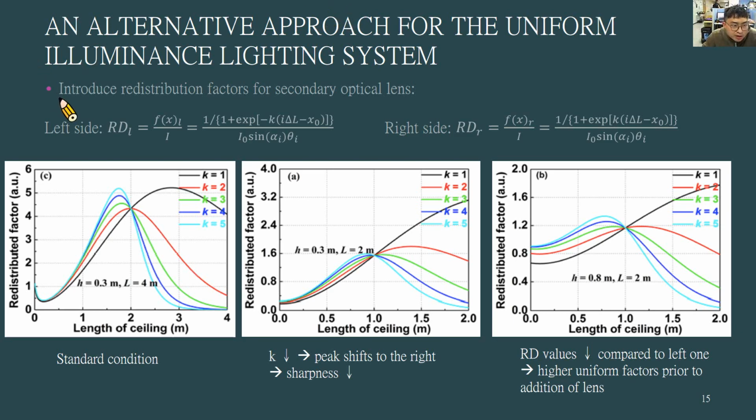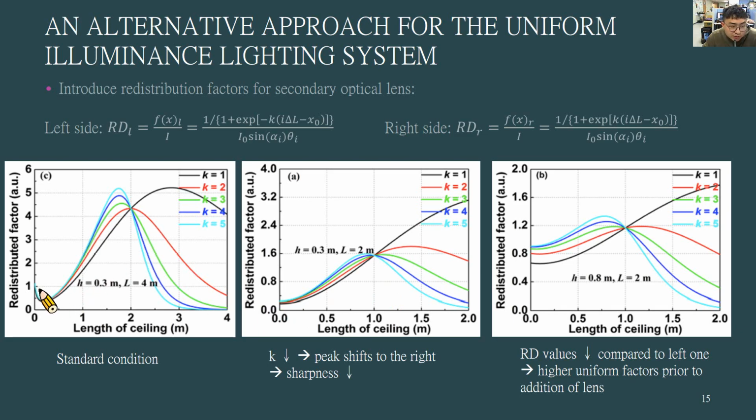Okay, so now what we need is the second redistribution factor, this time for the secondary optical lens. And the redistribution factor is called RD. For the left side, the equation is as shown. And for the right side, it has pretty much a similar equation. This is for the standard condition. H equals to 0.3 meters, and L, the length of ceiling, is 4 meters. If we narrow the L a bit, as the K value decreases, the peaks will shift to the right, and